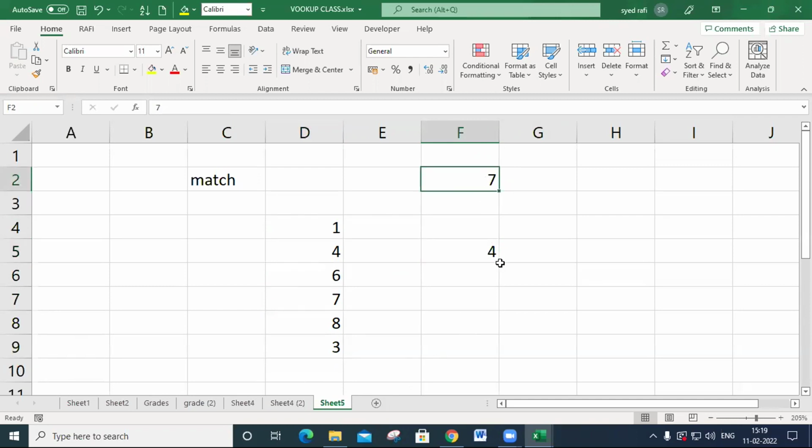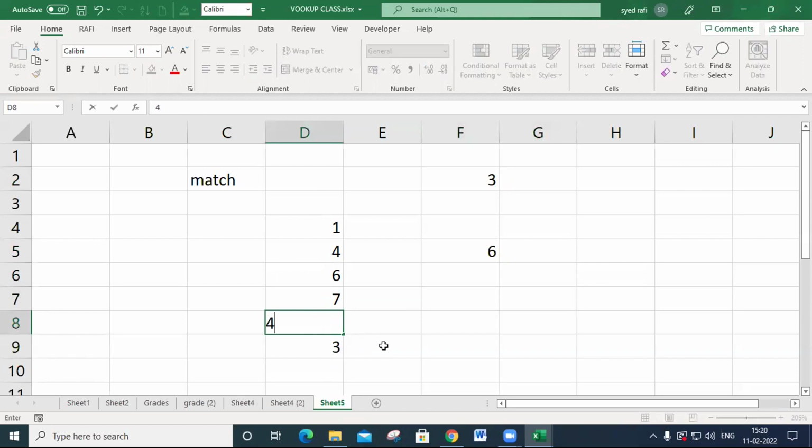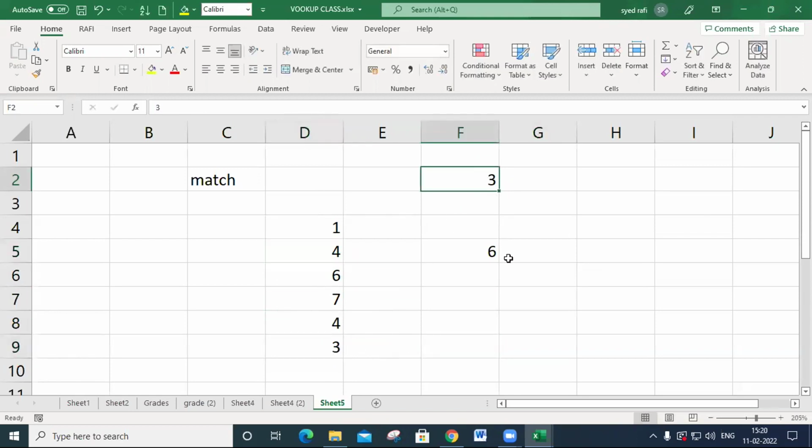If I write 3, it returns the 6th row position. I hope you understand this. If the same value appears twice, for example I give two values the same and I enter 4, what happens? MATCH always searches from top to bottom only.